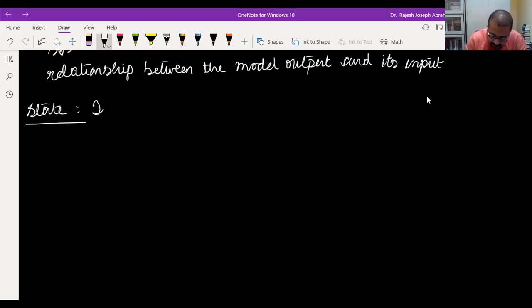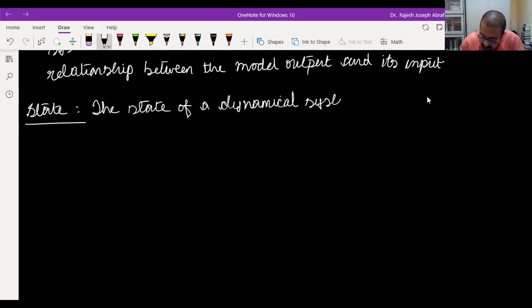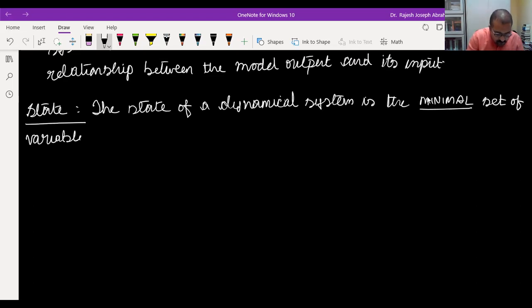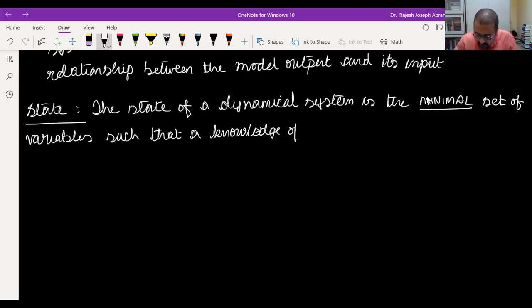The state of a dynamical system is the minimal set of variables, that's very important, such that a knowledge of these variables at t equals t naught, that means the initial conditions,